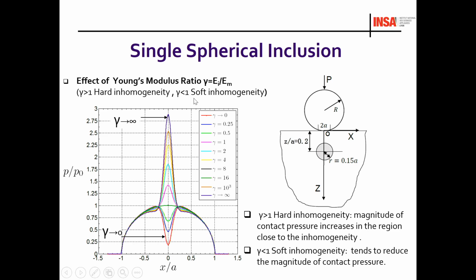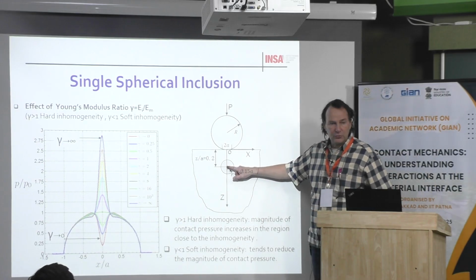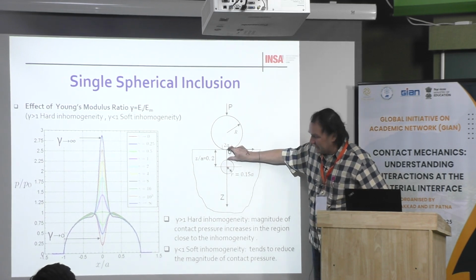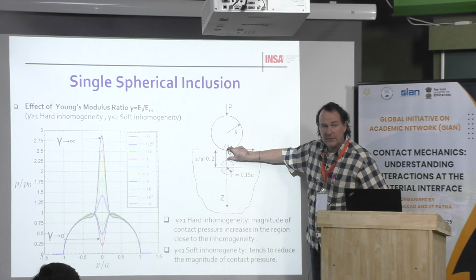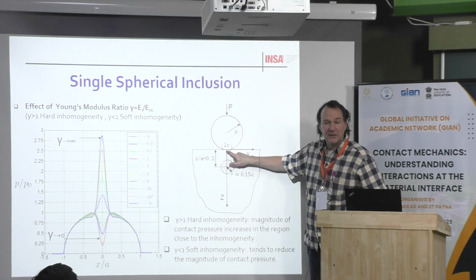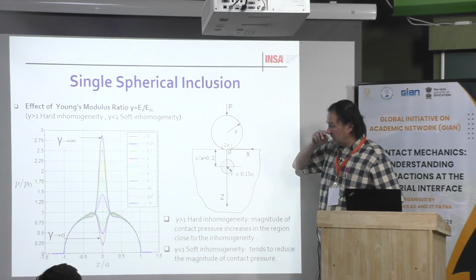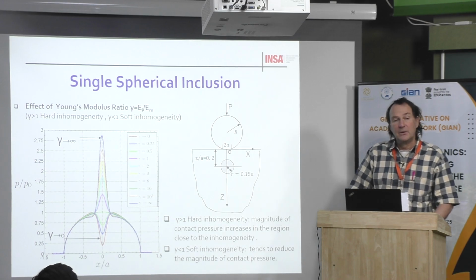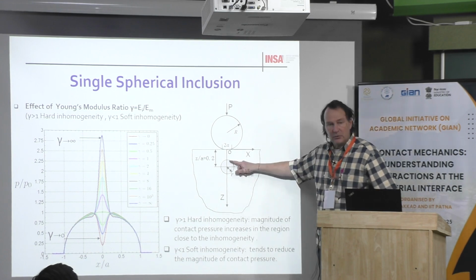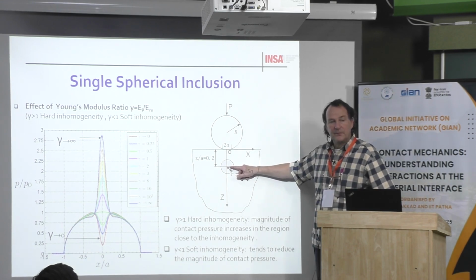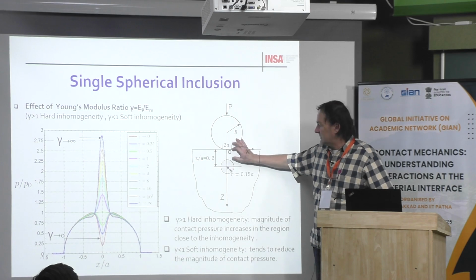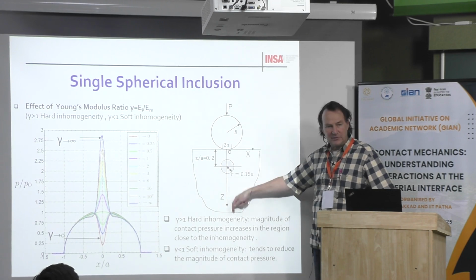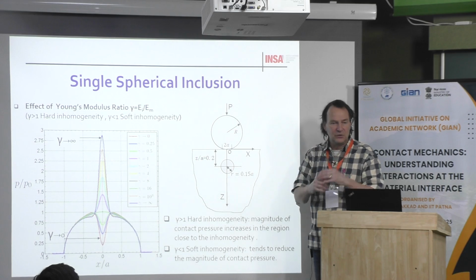And here you can see, because the inclusion is at depth 0.2 and the radius is 0.15, it means that the distance is 0.05. Okay? Then the inclusion here is not tangent to the surface, so this is not the worst situation. Yes, it's 0.2 times A, and with the radius, it's 0.05. After, I will move the inclusion to different depths, with different sizes, and then you will see all the results.